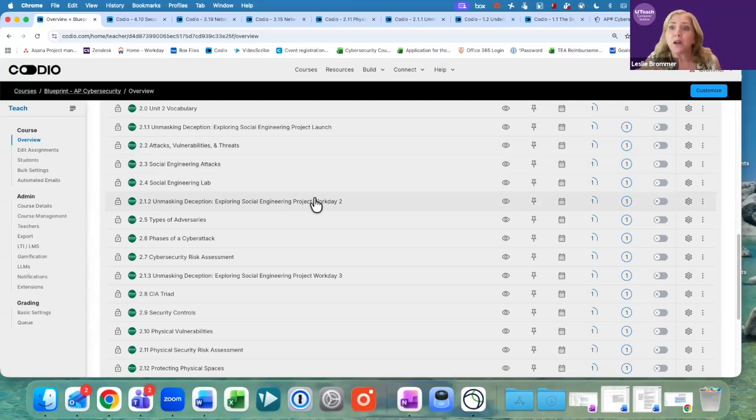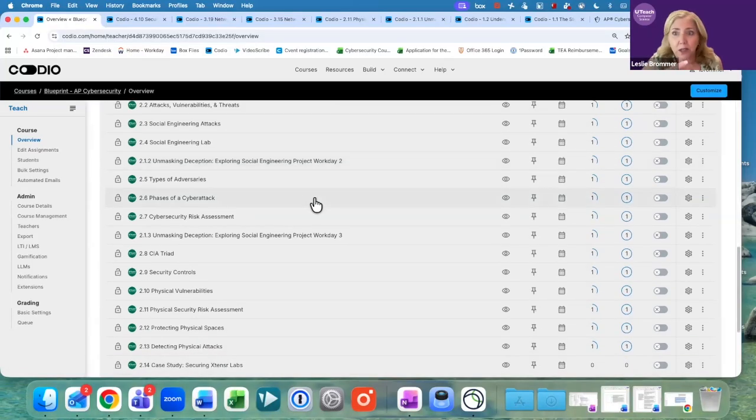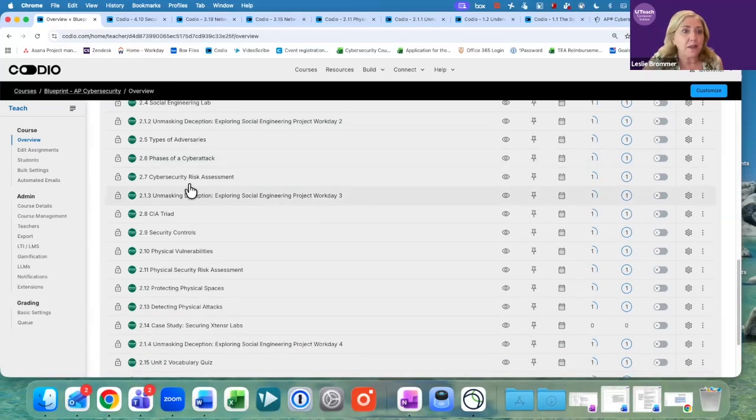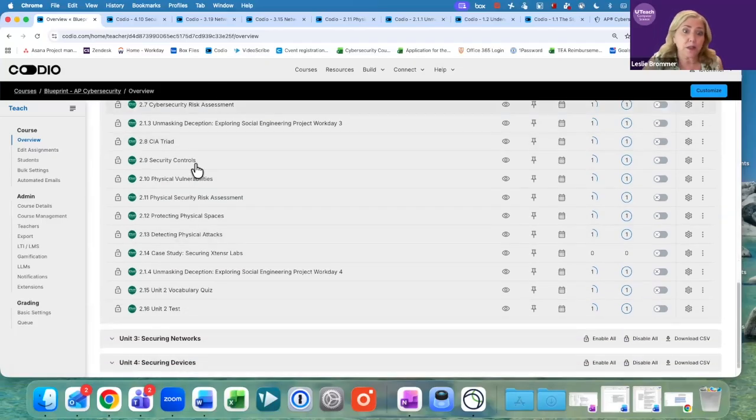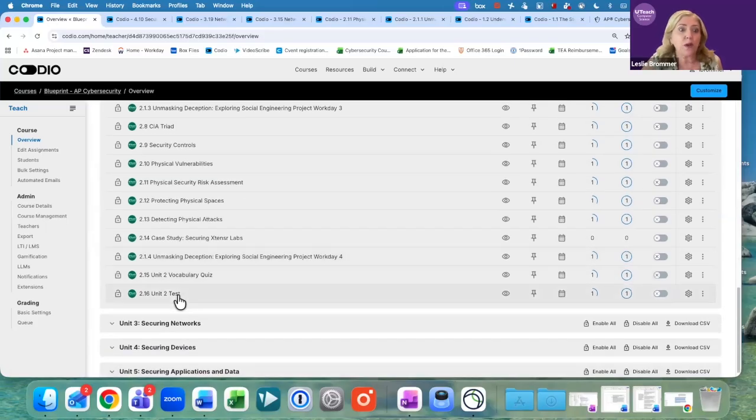That's a big part of project-based instruction, that self-reflection. So we're always looking back at that rubric. And then they learn some more things, and then they have another project work day, and then they learn some more things, and then they have another one where they finish the project up. And then we recommend the day after the test, you allow students to present. And that could be a gallery walk. It could be where the group gets in front of the class. However you choose to facilitate those presentations, you can do that.